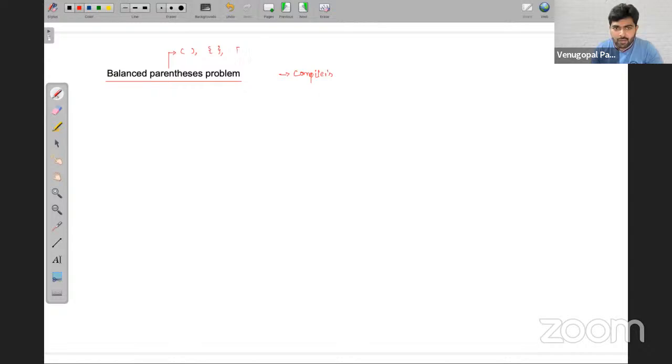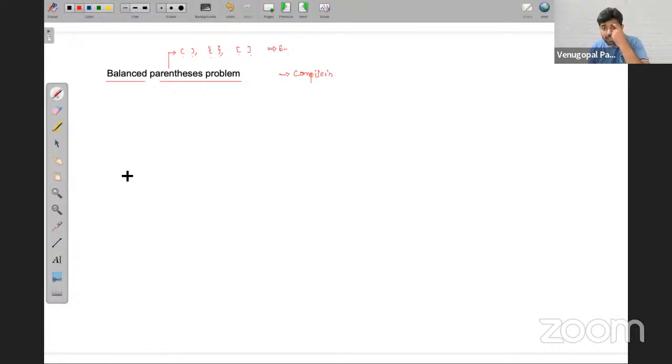Next is the square bracket. So first is open and closed bracket, the normal one, then flower open, flower closed, then square open and square closed. These are the three different parentheses. Total we have six, three open and three closed.